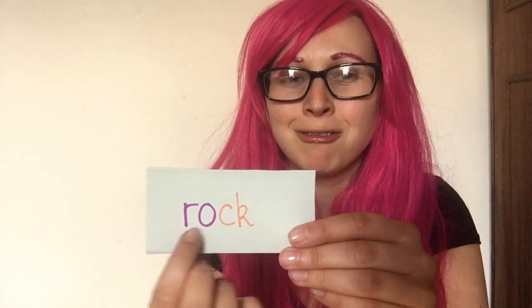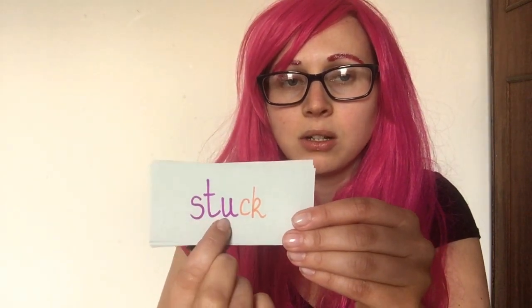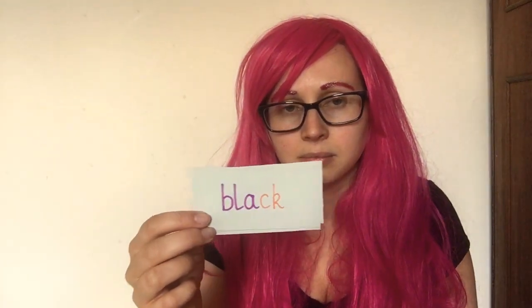Right. Rock. Stuck. And black. So that's our digraph. Now the next one, we did